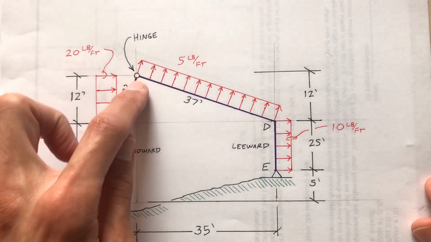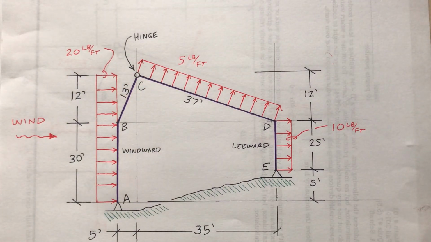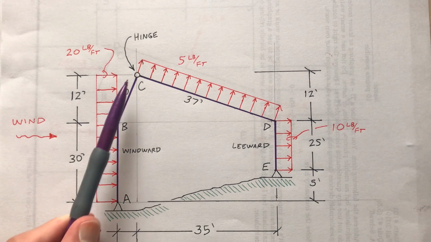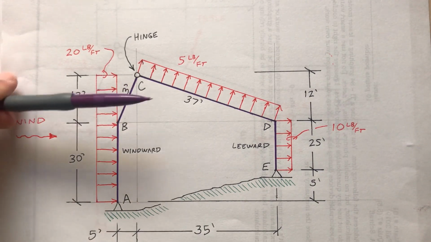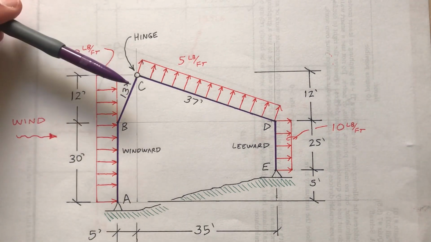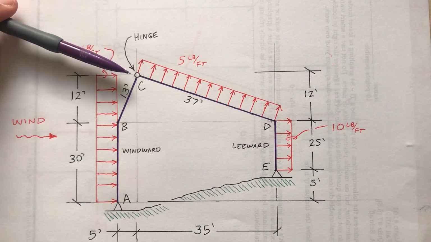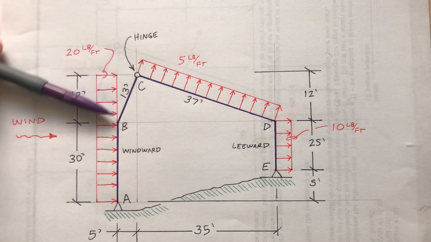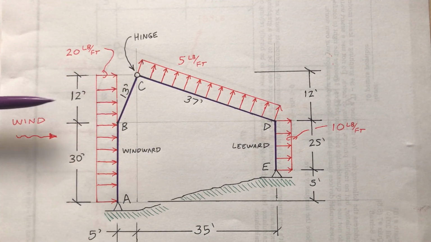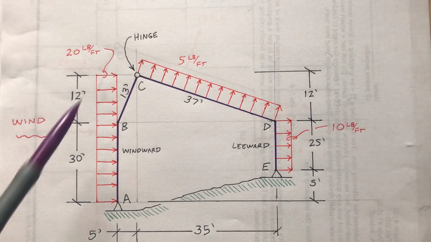For the steep portion of the roof right here, I'm using what's often called the projected area method, meaning that I am modeling the wind load on this slope as a purely horizontal load. Notice that I'm not showing the distributed load normal to the sloped portion of the roof. I'm showing a purely horizontal load. That's sometimes called the projected area method, which would probably be reasonable in this case because this is very steep